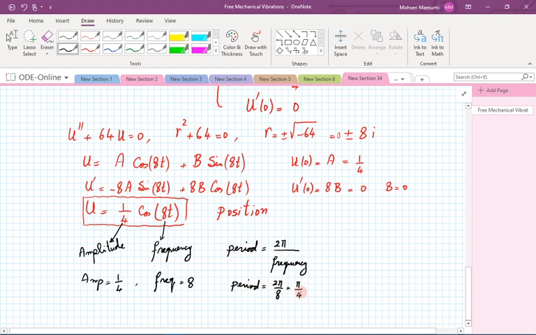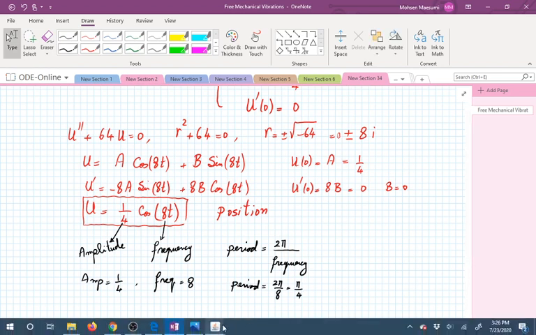What's the unit of this? The unit of this is a unit of time. From the beginning our unit for time was seconds, so every pi over 4 seconds, almost every 0.8 seconds, this process is going to repeat itself. So what we have now, let's go ahead and quickly take a look at